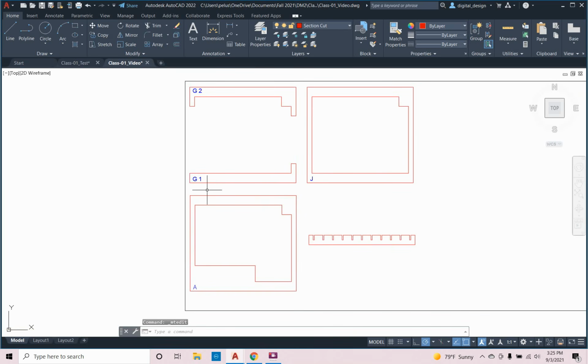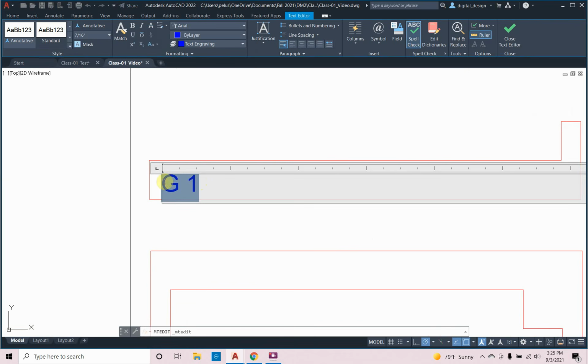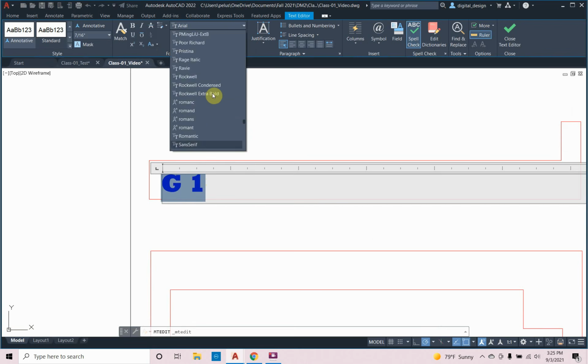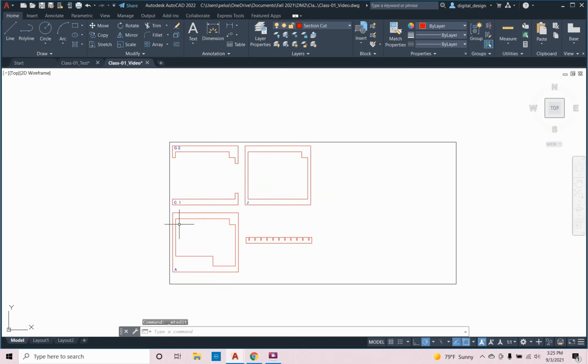Alright, so I don't need to do it for all of them, but I'll do it for a couple just so that we see it shows up. So simplex. There's other types of line fonts too. Try that again, simplex. Okay, so now those